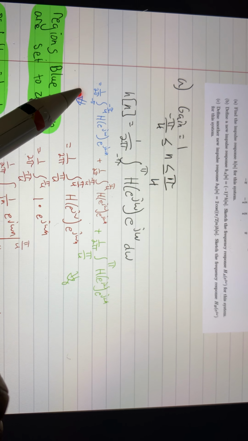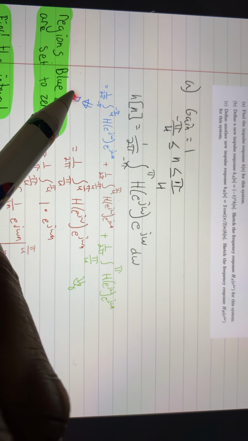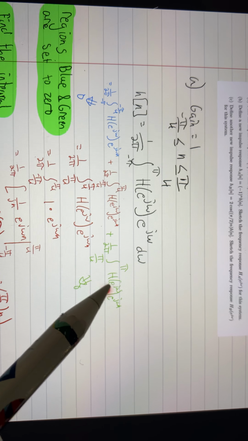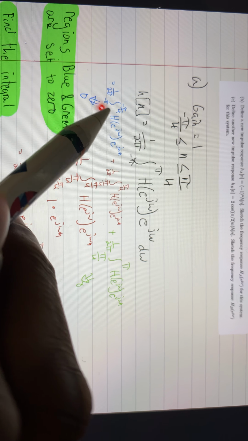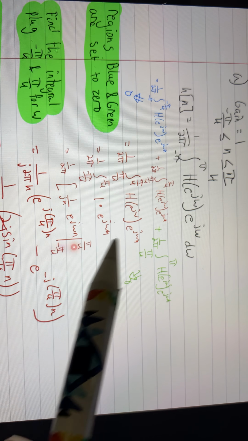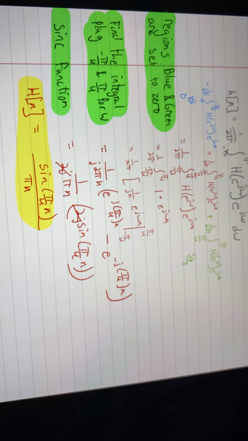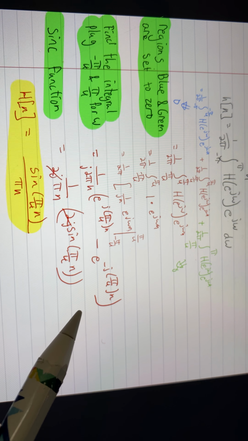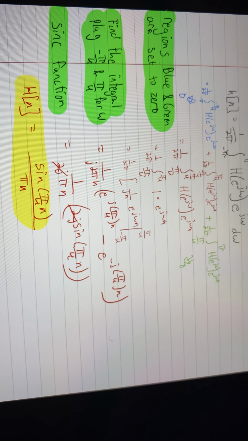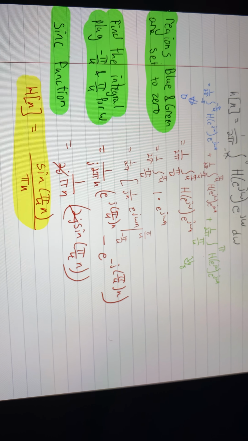So when we put it into our equation, we can easily understand that this region will equal 0 because the system right here is going to be 0, and the same thing follows right here. So we can quickly cancel these out, right? So now our focus is on the red section. So that's how the red section comes about. Well, what we're going to do is solve for the integral and then plug negative pi over 4 and pi over 4 in for omega. Once we do that, we can easily